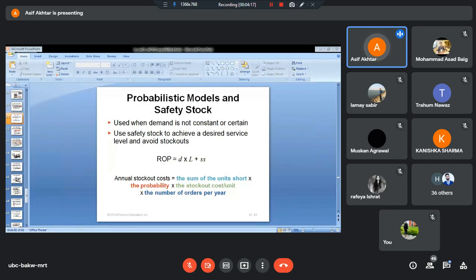I am again and again saying basic EOQ model, because one of the assumptions of the basic EOQ model is that the demand is certain. So there is no element of uncertainty. However, actually speaking, the demand is not certain. There can be some variation, some fluctuation in the demand. Now, how do we incorporate that fluctuation in the demand? That is the important point. So due to this uncertainty, there is a modification in the ROP, that is, the reorder point formula.